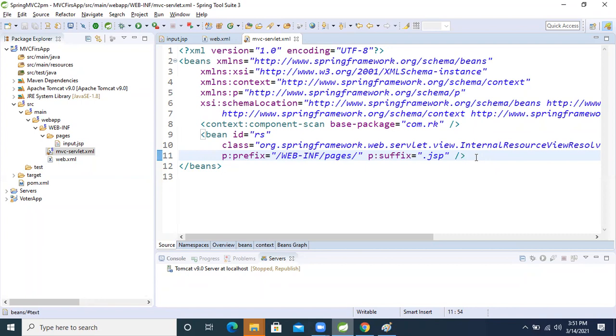Learn only those things which are needed in the project. There are so many unnecessary things, a whole life will complete and we can't learn them in Spring or in Java only. But whatever is necessary, whatever we are applying day to day in the project, you people learn all those things.